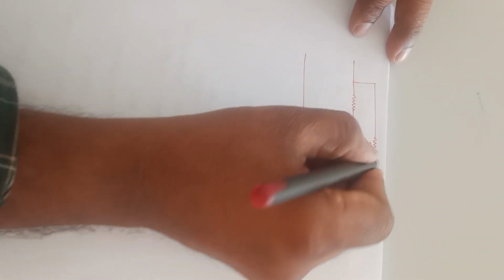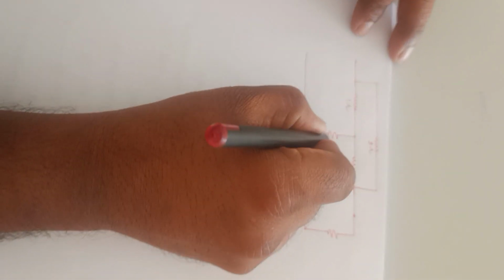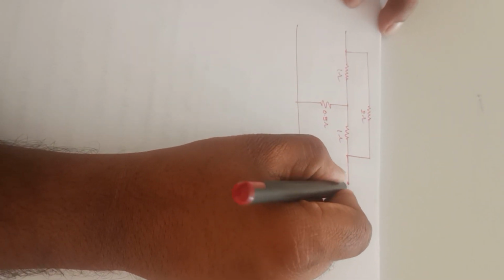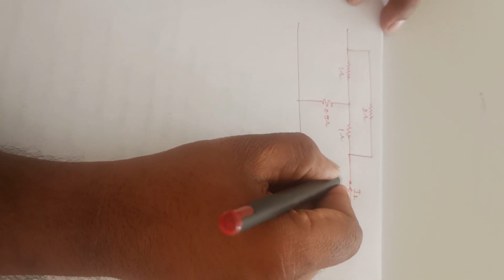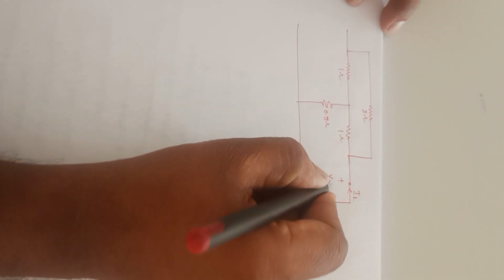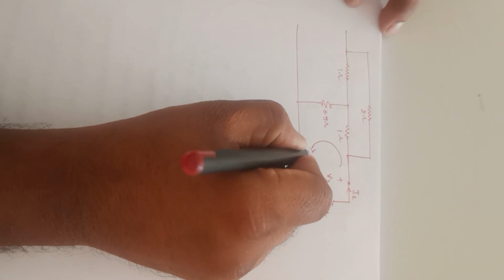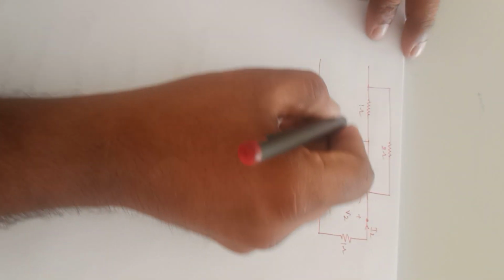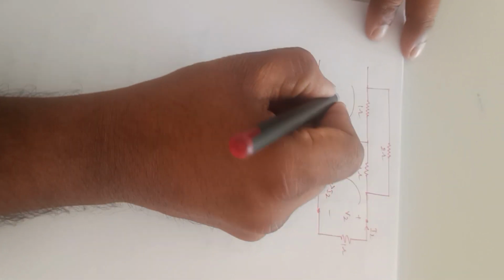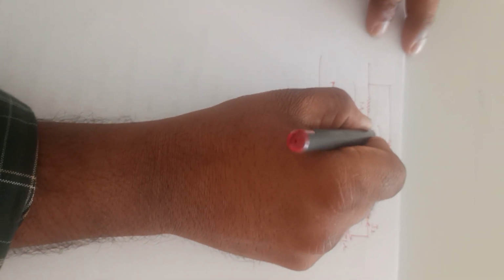It is 2 ohms, it is 1 ohm, it is 1 ohm, it is 0.5 ohms, it is 1 ohm. It is I2 is this one, plus and minus it is V2, and he indicated this is I2 and this